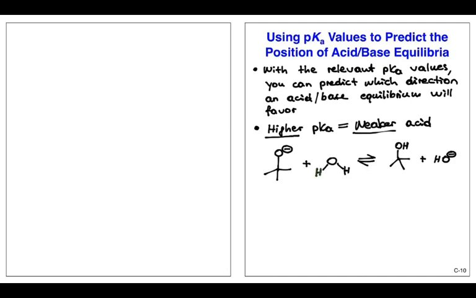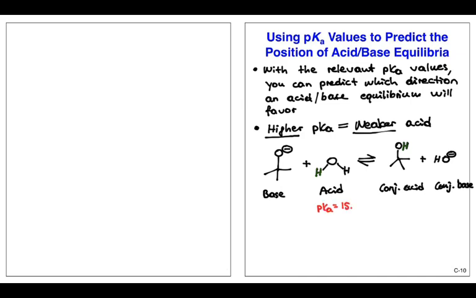You should immediately see that what happens here is that this green proton gets transferred from the water to the t-butoxide, forming t-butanol in the product. That means the t-butoxide is the base, the water is the acid, the t-butanol is the conjugate acid, and the hydroxide is the conjugate base. Okay, so once you know that,